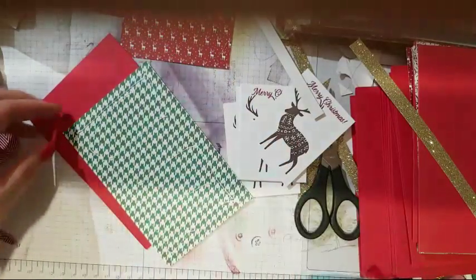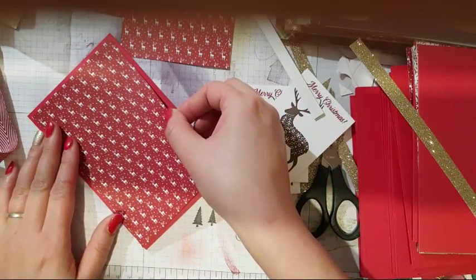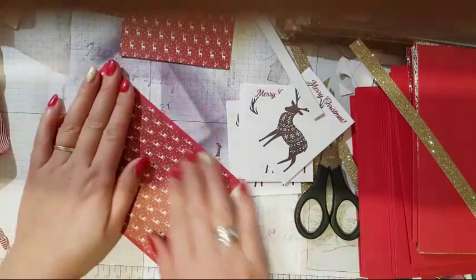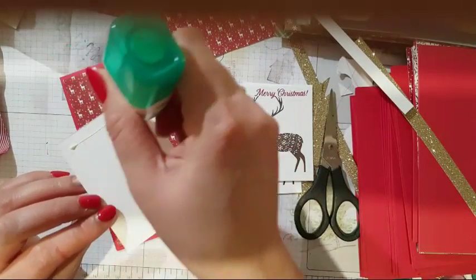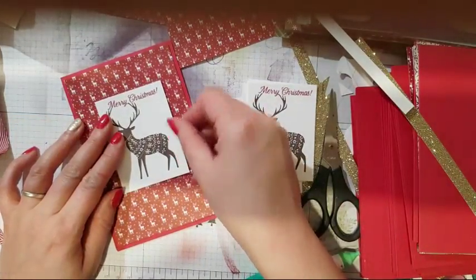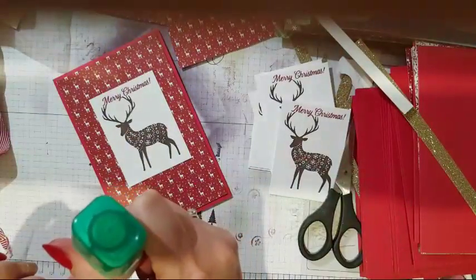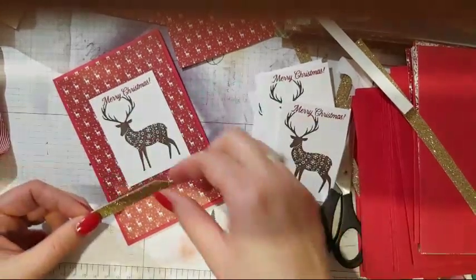We could do with some Christmassy music on, couldn't we, guys? So the papers I'm using are from the Christmas pack that's in the current catalogue. I think these are the current catalogue ones. There are some lovely ones in the autumn-winter catalogue. And actually there's one pack that's reduced at the moment. It's the 6x6, like the quilted Christmas one, which is very tempting, I have to say. Only that I don't tend to make lots of Christmas cards myself, so